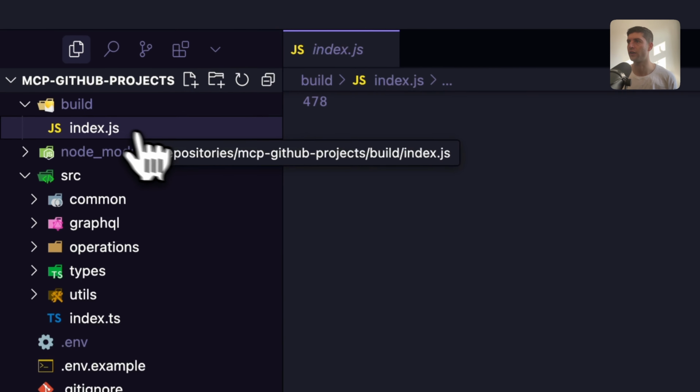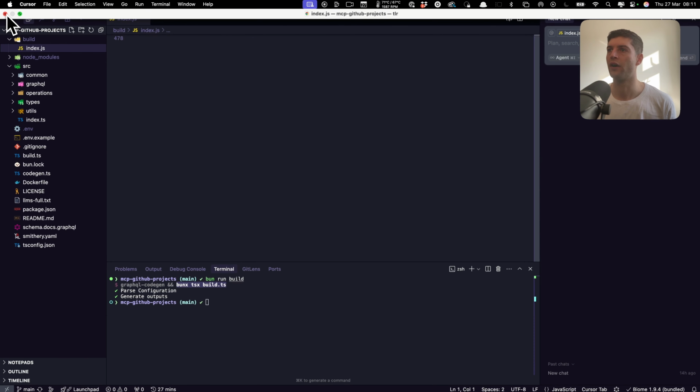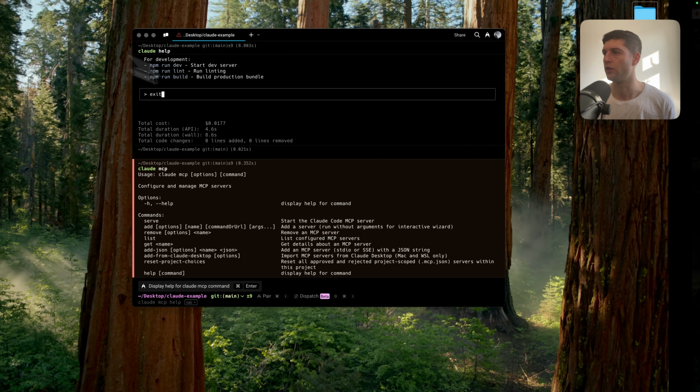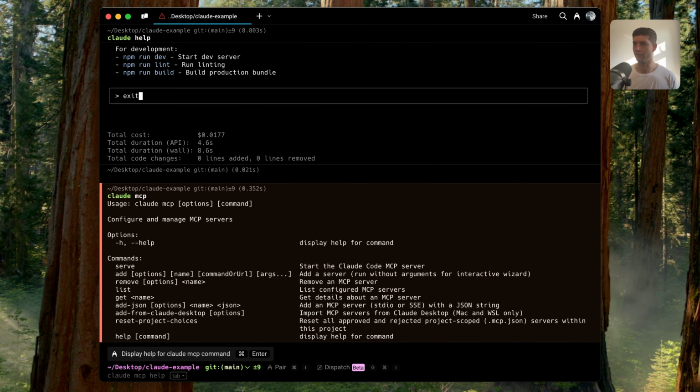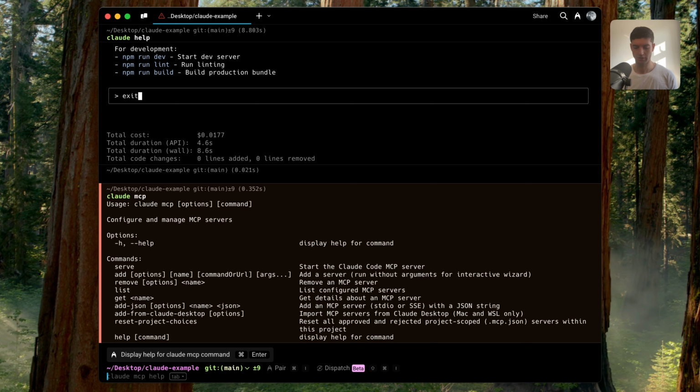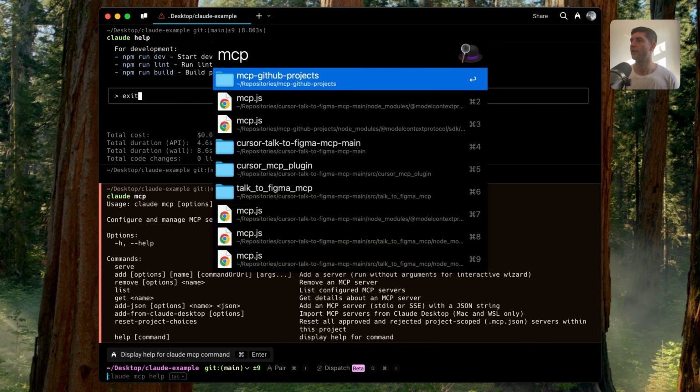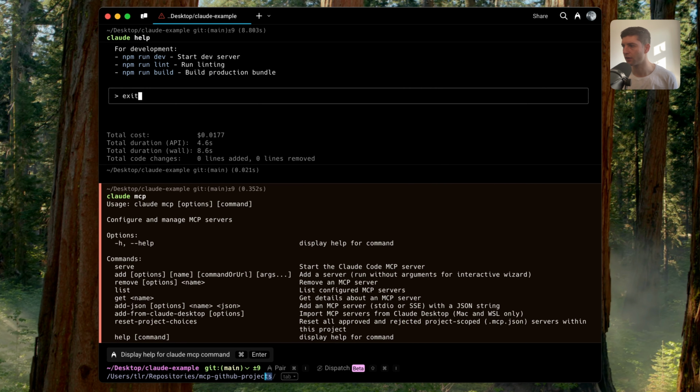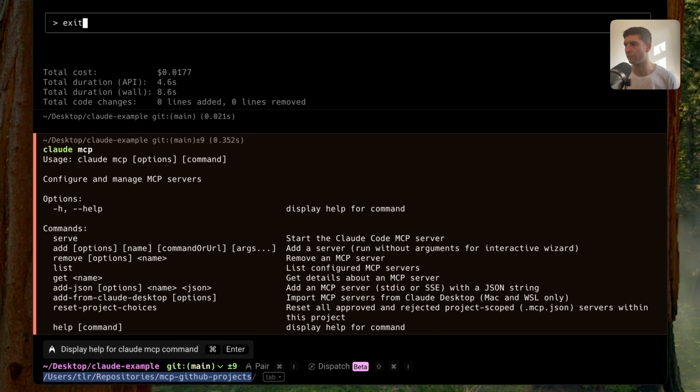We want to run this file in order to run our MCP server. So we want to get the main working directory of this. So I'm just going to actually see here. This is the directory on my computer locally,